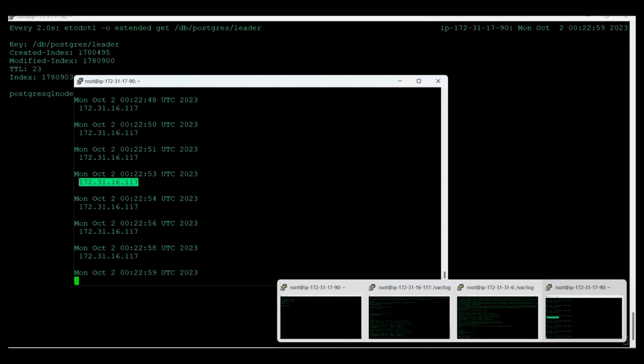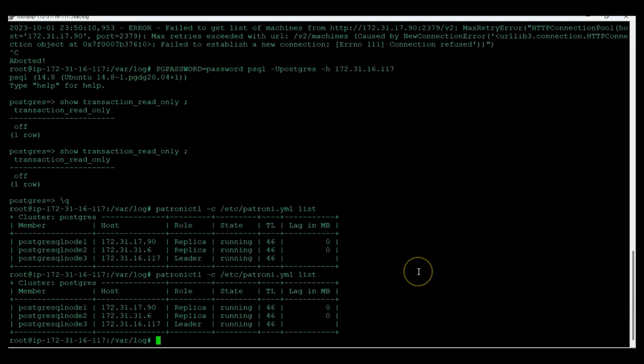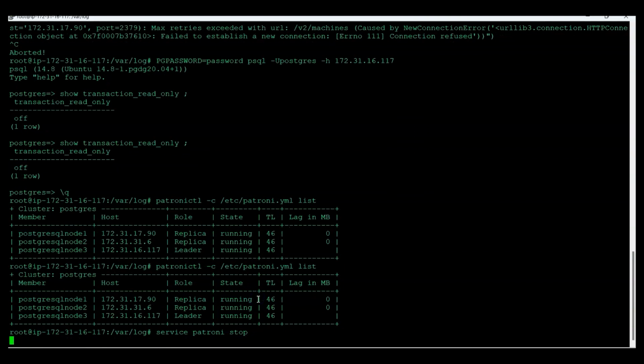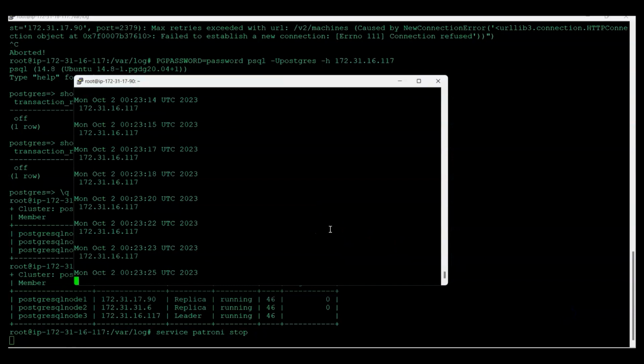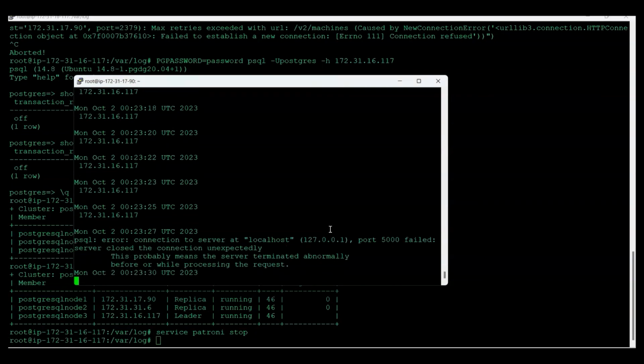Then on that node we're going to stop Patroni using the service command. As you can see, this is the leader, and we are stopping Patroni gracefully. So let's see how the other thing reacts. We're still not seeing errors. Now we can see the errors because Patroni stopped,